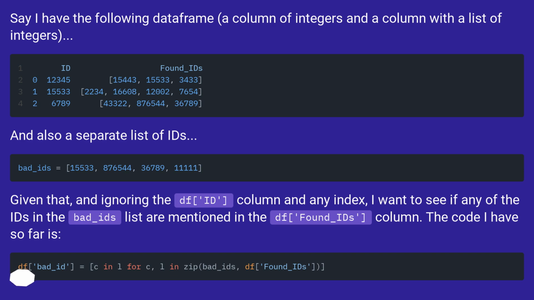Given that, and ignoring the df ID column and any index, I want to see if any of the IDs in the bad_ids list are mentioned in the df found_IDs column. The code I have so far is